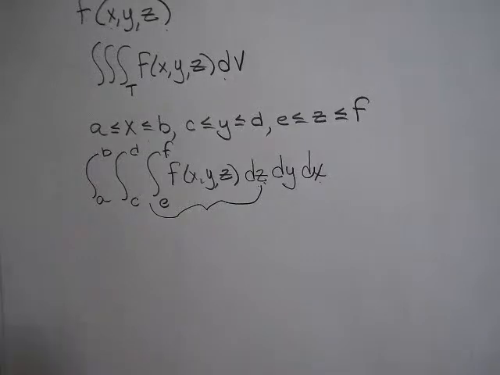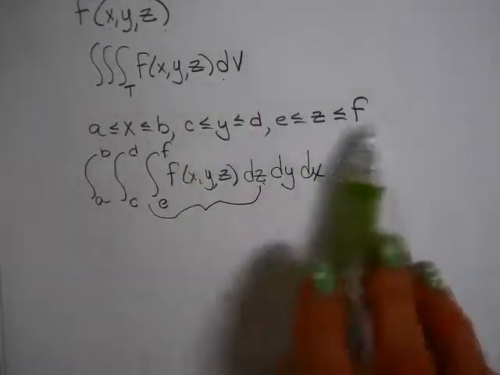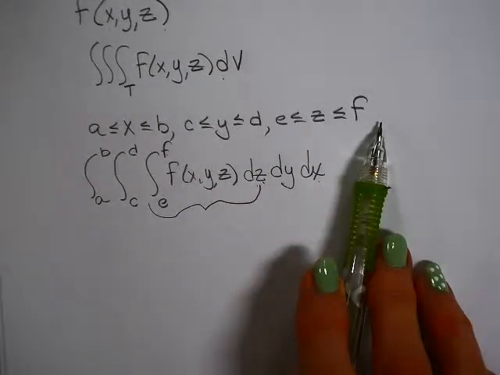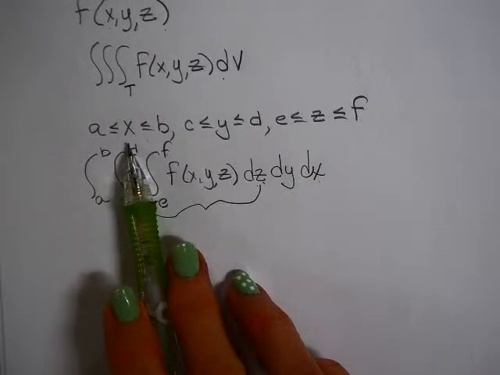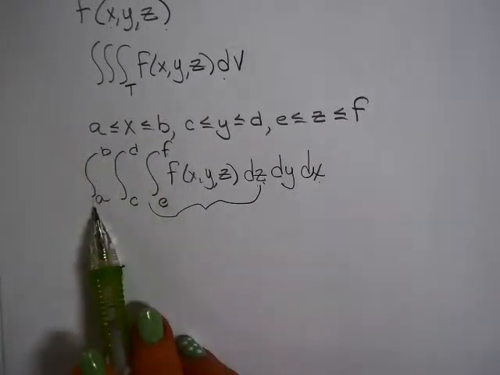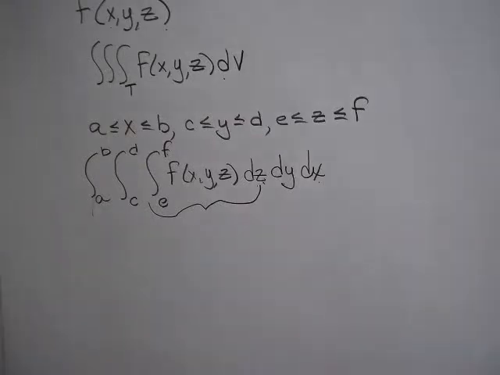All right, if any of these limits have variables, those with the variables have got to be on the inside. And the last one on the outside has got to have all the constants with it. Okay, so those are the kind of important things you need to keep in mind. If you have